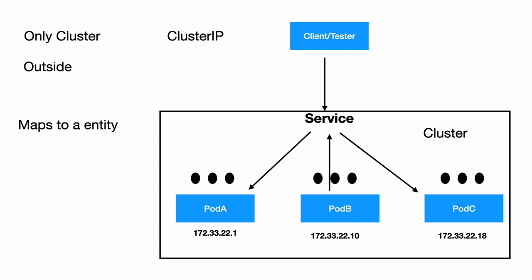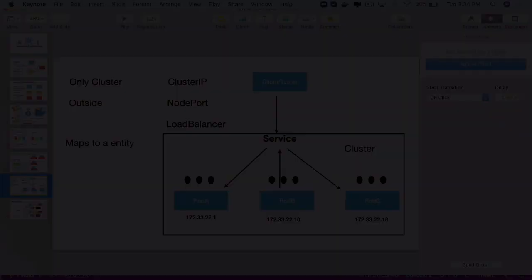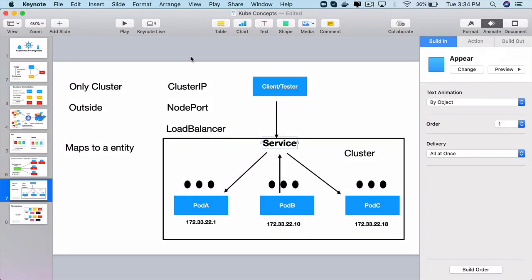Depending on that, there are different types of services you can create. Cluster IP, node port, you can use an external load balancer like a Microsoft Azure or even Amazon load balancer or Google load balancer, etc. So all that is possible through service. Service simply provides the required networking for the pods and the containers within them so that they can access each other.